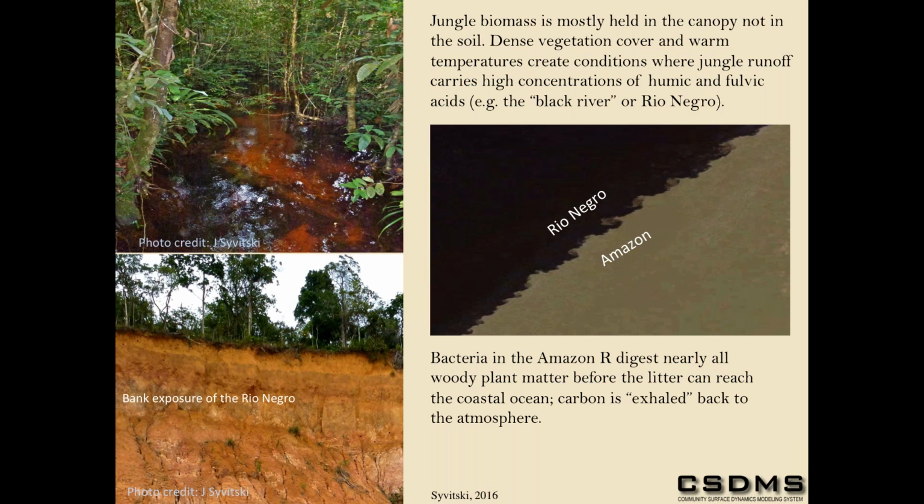And so we have these high humic fulvic river acids that show up like in the Rio Negro in South America. It's very interesting. They will literally destroy vegetation. And so you might have had the bacteria in the past,